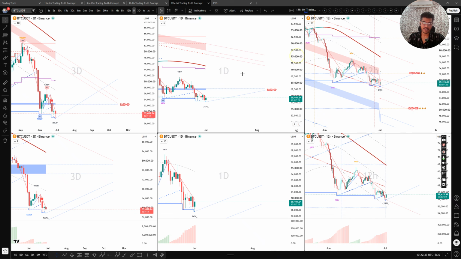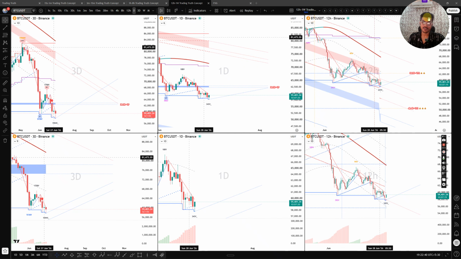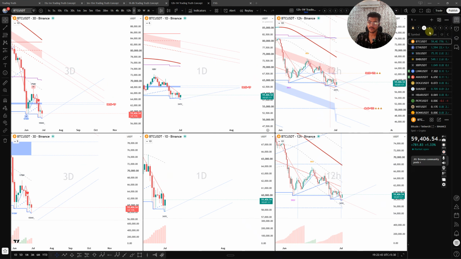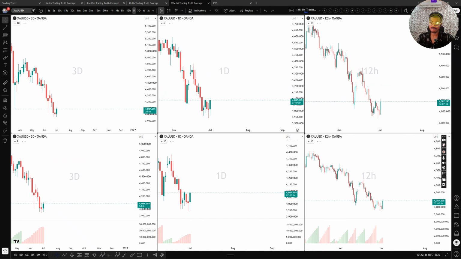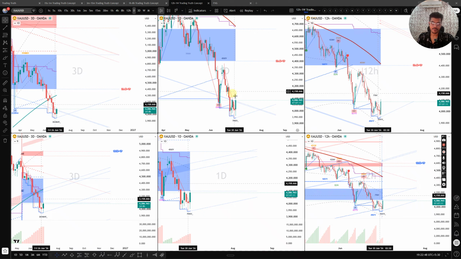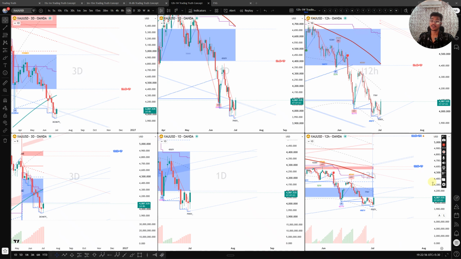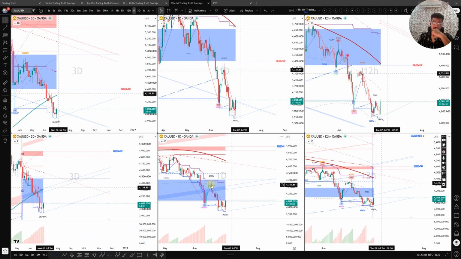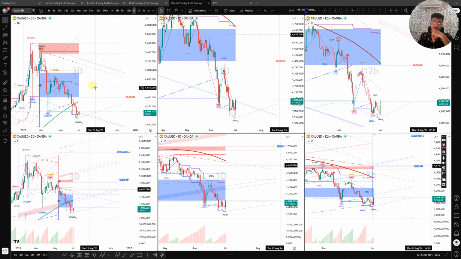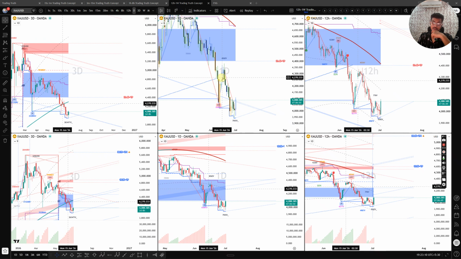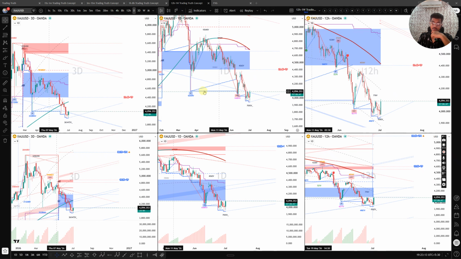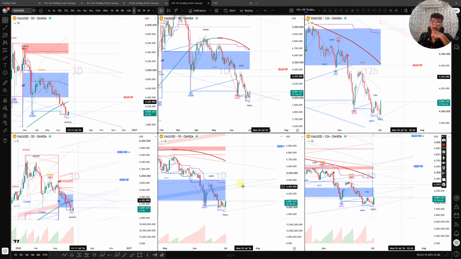I mean, if we actually gain this level, this is Bitcoin, but hang on, let me put gold. So if we actually gain this level, suppose gold goes above this level, this is a huge event in Wyckoff. It's like the spring. So that will give us a good move to the upside. We'll see what happens. It is near the support level, by the way.